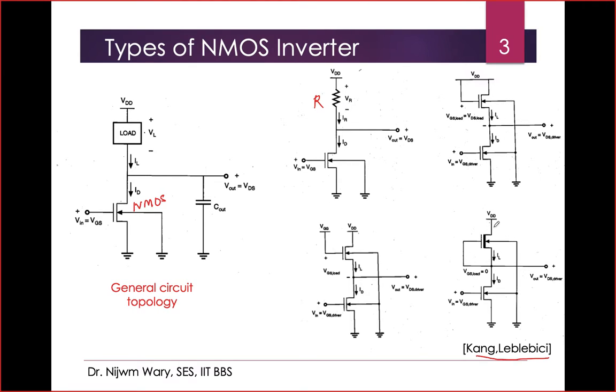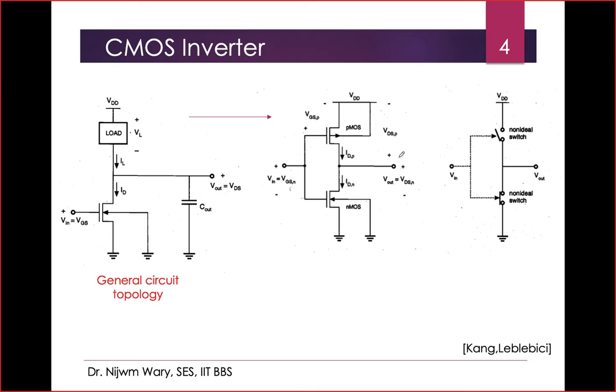So we can also design an inverter with this diode connected load, and the threshold of this device can be very small, close to 0. So these are the different kinds of inverters. Finally, this is the ultimate one, which is most commonly used: the inverter when this load is a PMOS